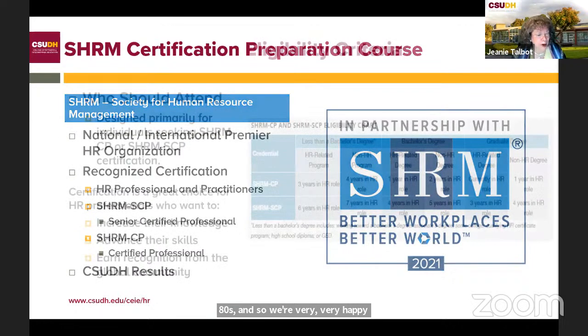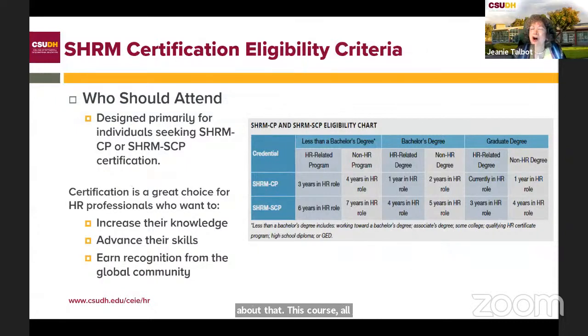This course also is based on US federal laws and regulations. So when you take the course, as we say in California, you're not in California anymore, because you're talking about the laws and regulations and the practices that go on from coast to coast in the US. Then the course is designed for people who've been employed in HR for at least 3 years.